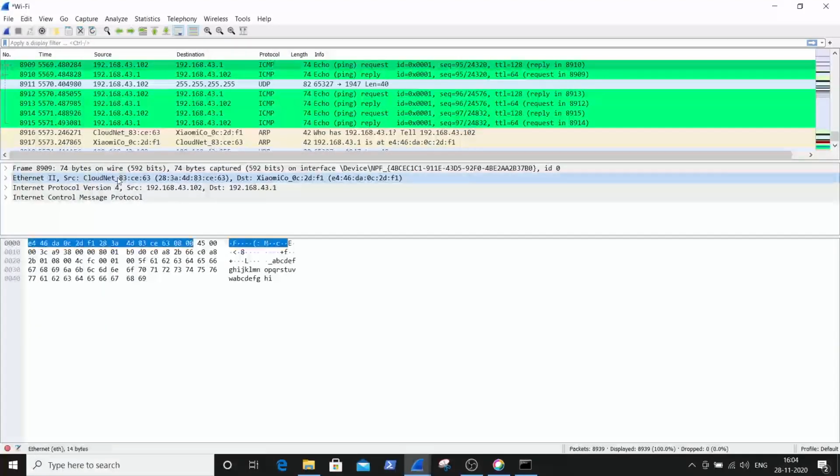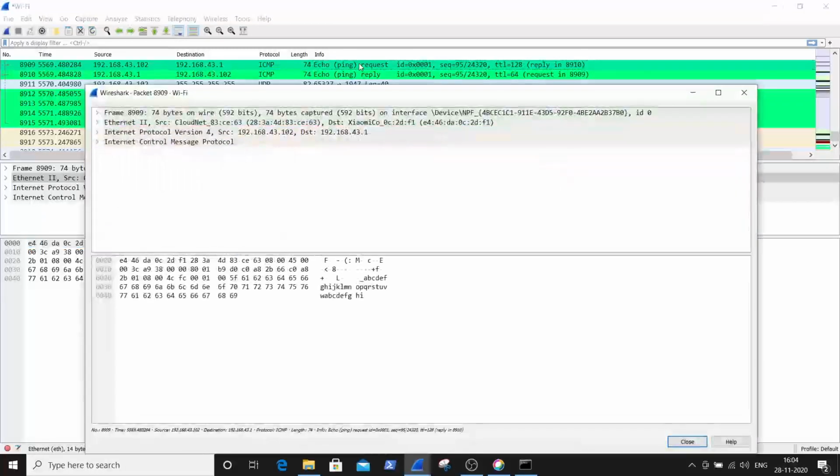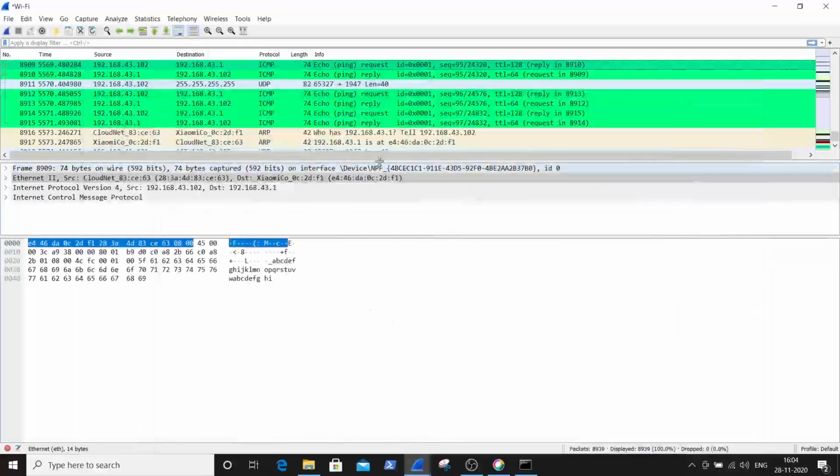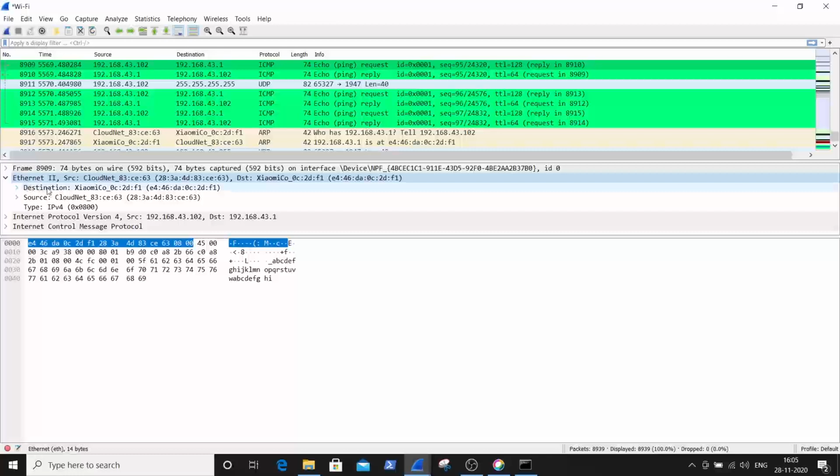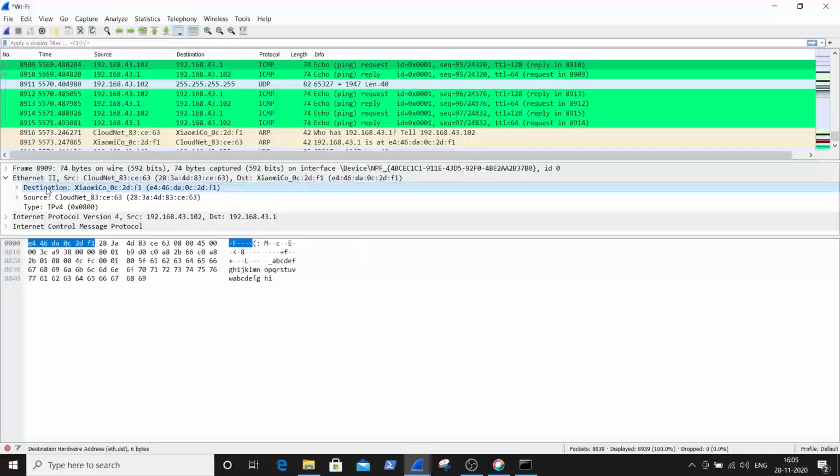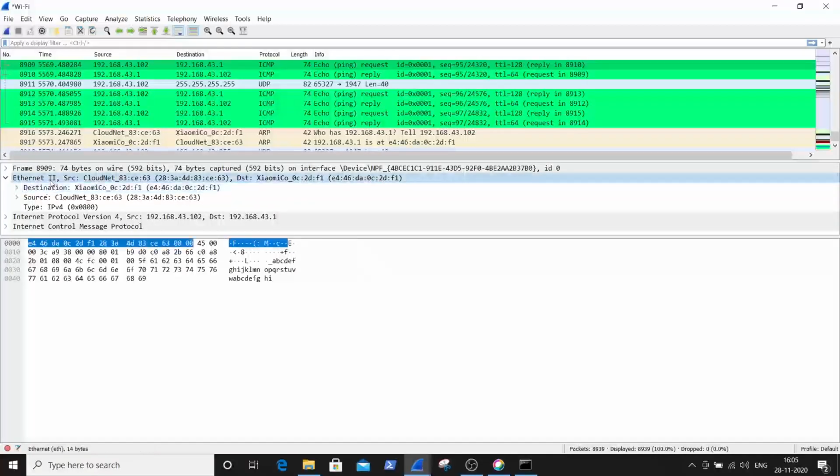So you can see here the Ethernet packet. I selected one ICMP packet, which is a request packet. You can see here the Ethernet. I'm clicking on this side so that I get the destination address. Here is the Ethernet header, and it is displayed in hex format.